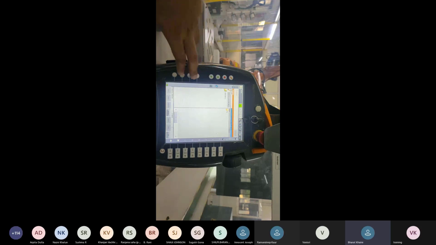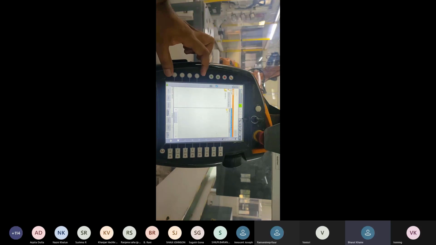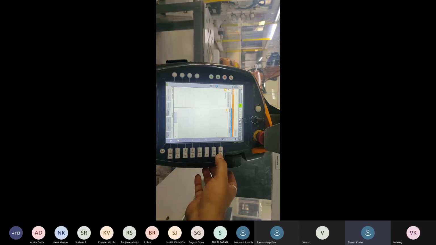So we will see the teach pendant of a welding machine, and then understand what the special packages are.